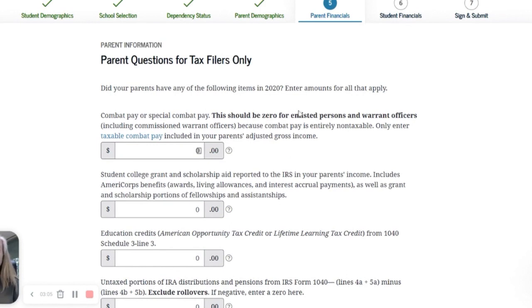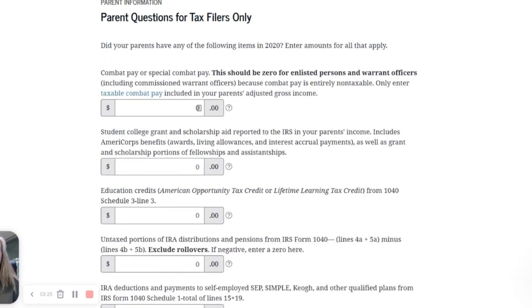questions. Really important when you're filling out the financial data, make sure that you are answering the questions based on who they're asking it about. So parents will provide income and asset data, and then students will provide income and asset data. I'm in the parents section, so I want to make sure that everything I answer is specific to the parents. So any combat or special pay, any college grant or scholarship aid that was reported in the parents' income,